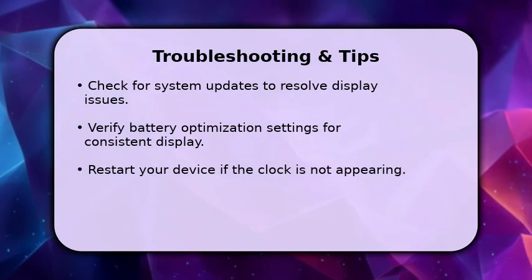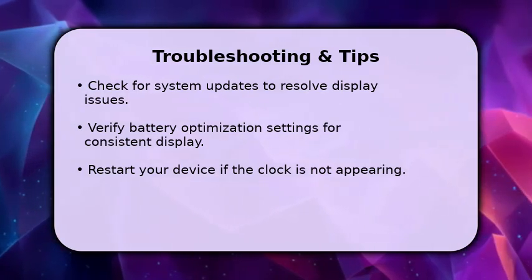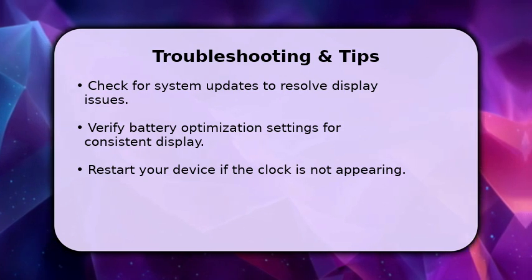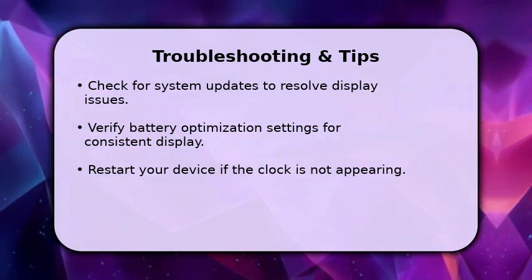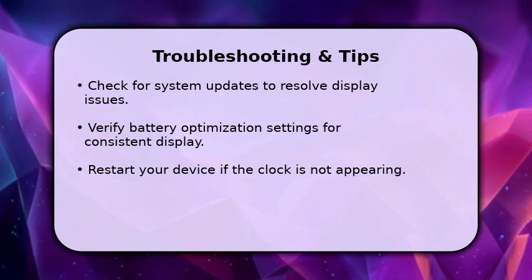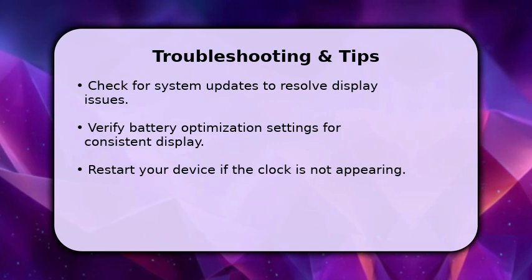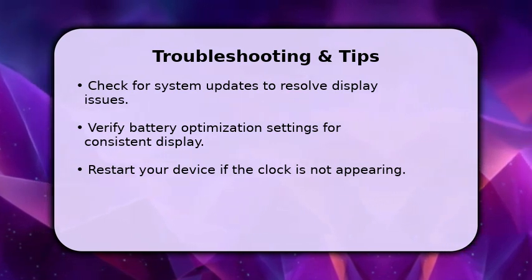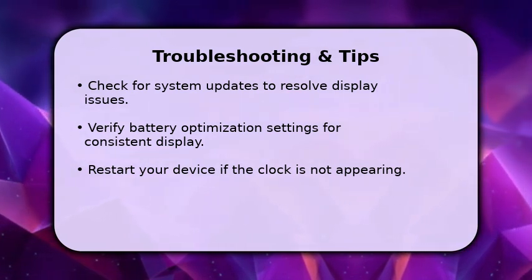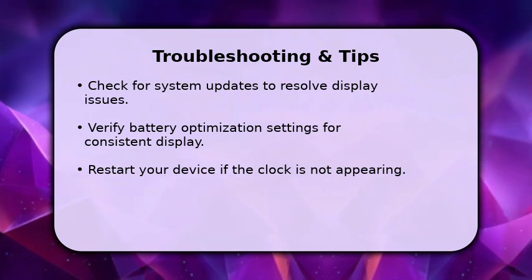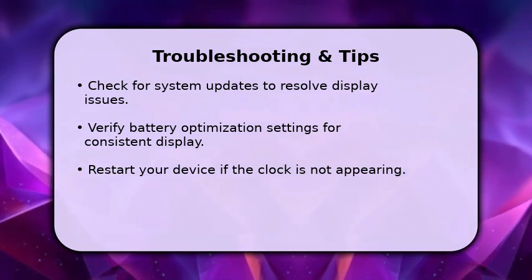If your clock isn't appearing as expected, first check for any pending system updates, as these often fix minor glitches. Also, ensure that battery optimization settings are not preventing the clock from displaying consistently. Sometimes, a simple restart of your device can resolve minor display issues. These steps should help keep your lock screen clock visible and